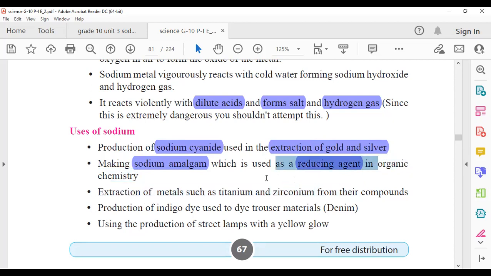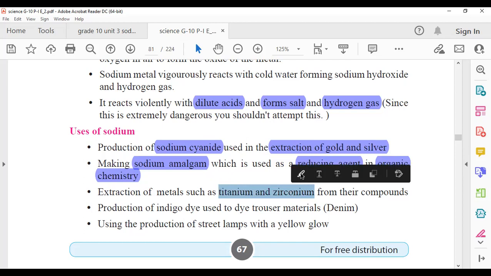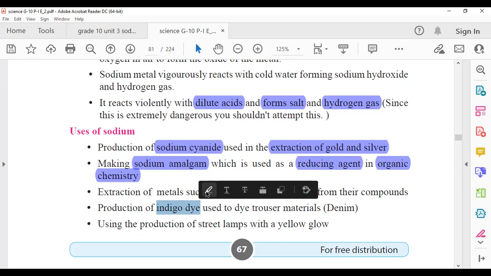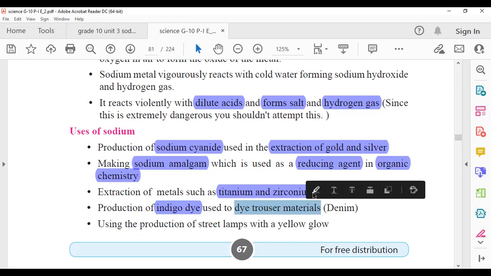Once you go to the advanced level and study science as a stream, there's a chemistry subject there. There you will study sodium amalgam, zinc amalgam, like many amalgams you will study. It is a reducing agent. Another one, it is also useful in the extraction of titanium, zirconium like metals. It is also important in the production of indigo dye, which is used to give a blue color to denim